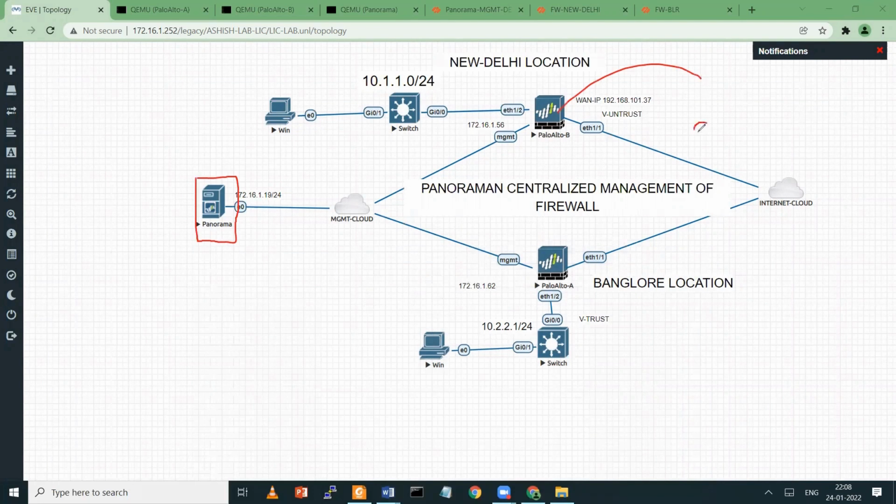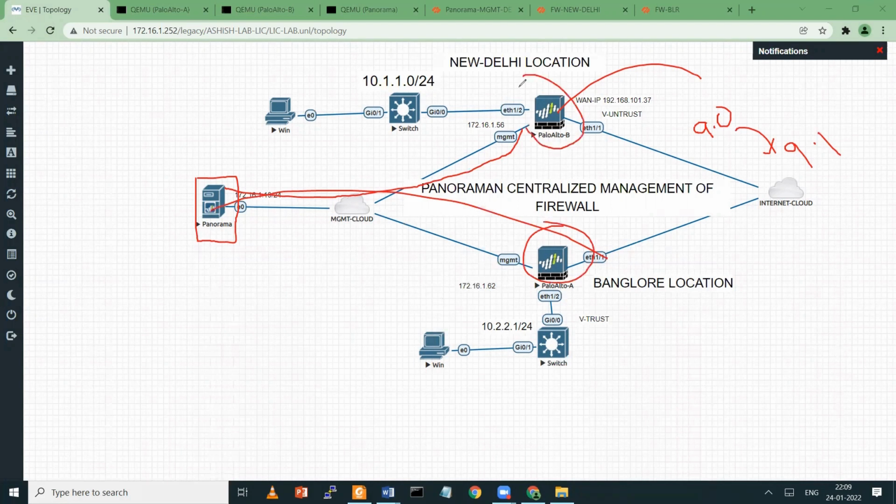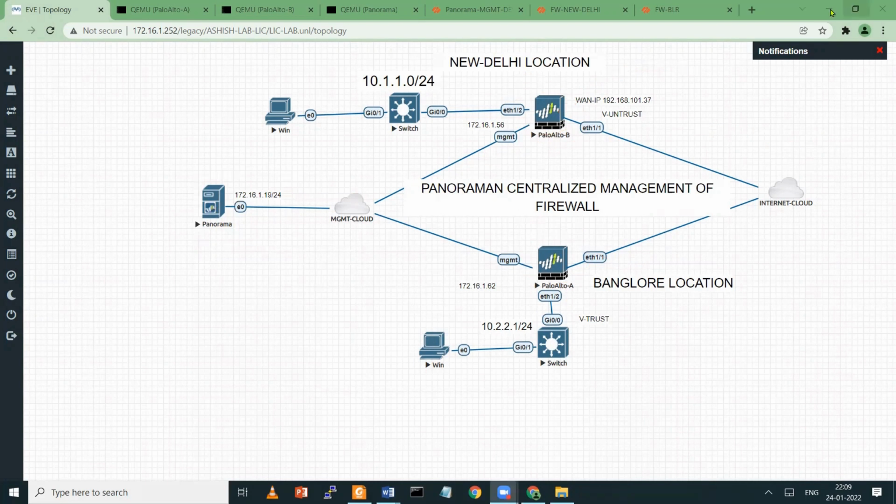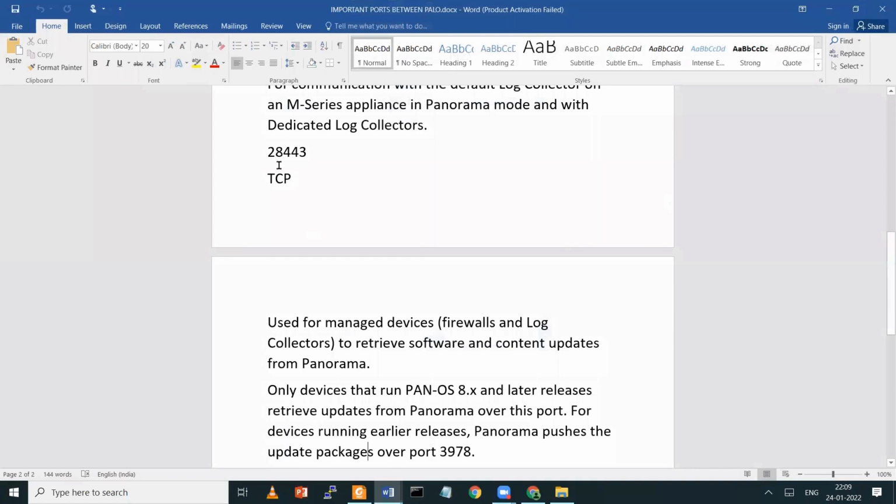Suppose this particular firewall has OS version 9.0, and you want to upgrade it to 9.1. In this case, you can upgrade from Panorama, but again, when these firewalls try to retrieve the updates, another port is required to be open, 28443.